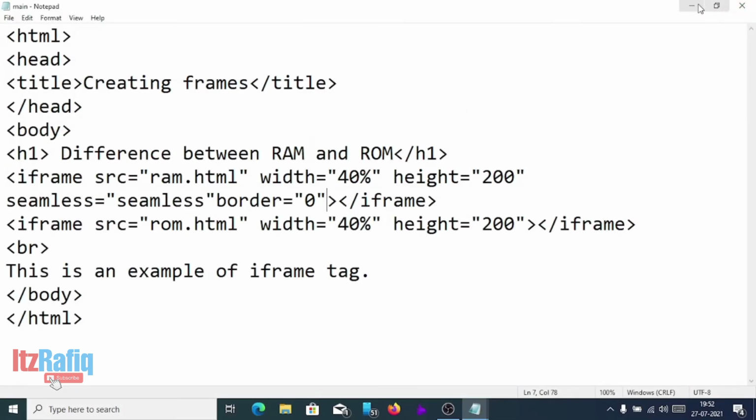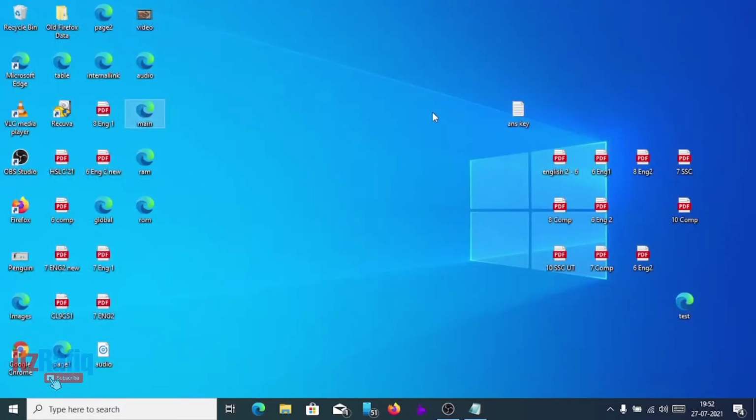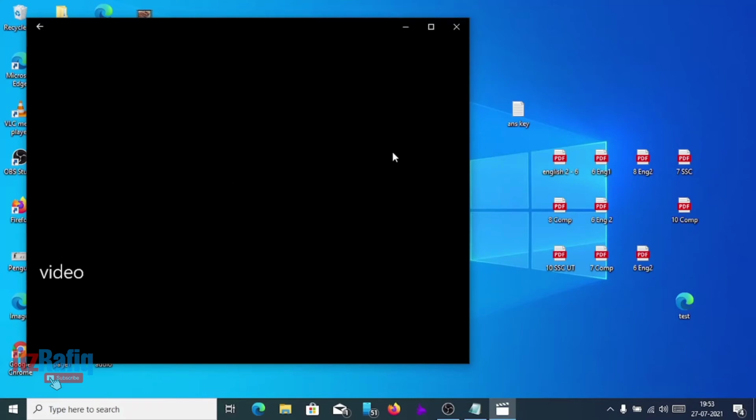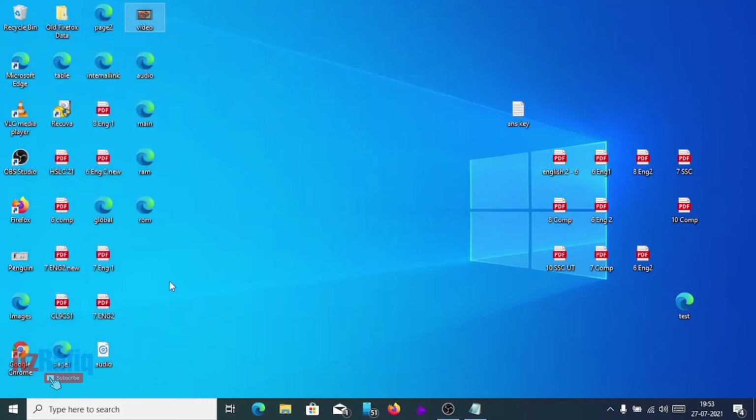Now next we are going to show you how we can add audio and video in our HTML5 document. To add audio or video, first we have to download the file from the internet and copy it to the same folder where I want to create the document. I have this one audio file, an MP3 file, and this one video file, an MP4 file. So I am going to insert these two files in my document.